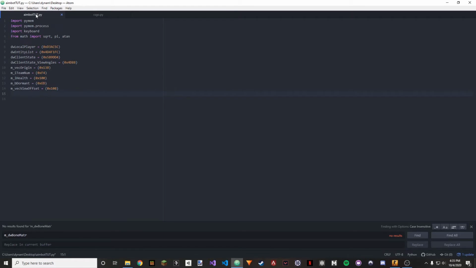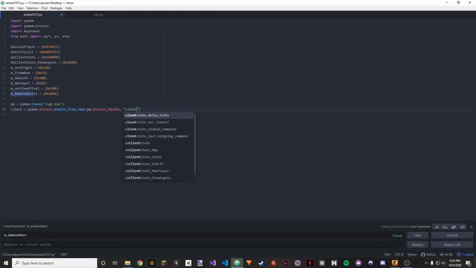Alright, so once we have our offsets, like usual, we are going to be making our client variable and our process handle. So we're going to do pm equals pymem.Pymem, and then that's csgo.exe. So we're just getting our process. I'm just going to move this down a little bit. We're going to be doing client equals pymem.process.module_from_name, and then pm.process_handle, and client.dll